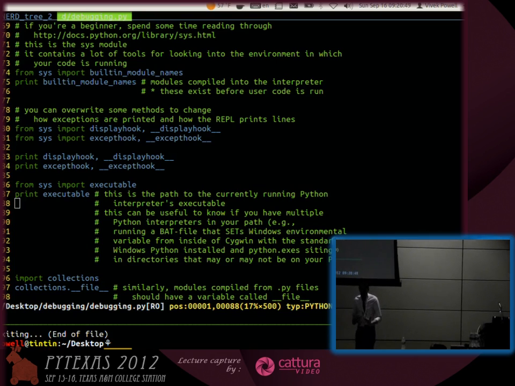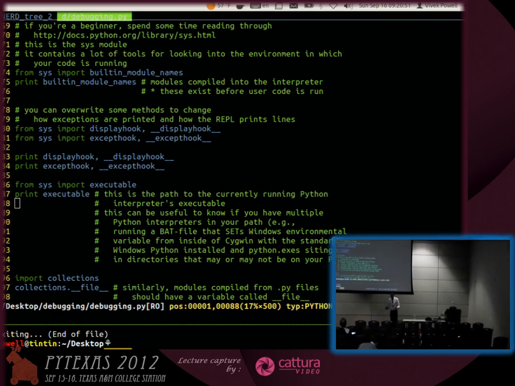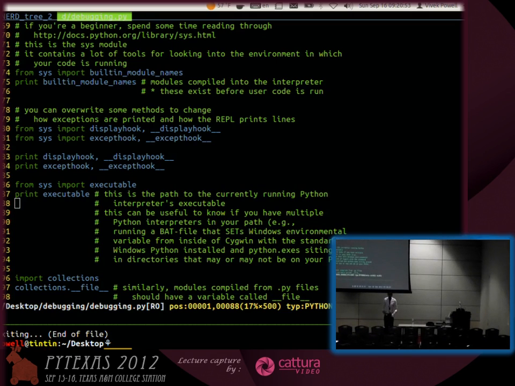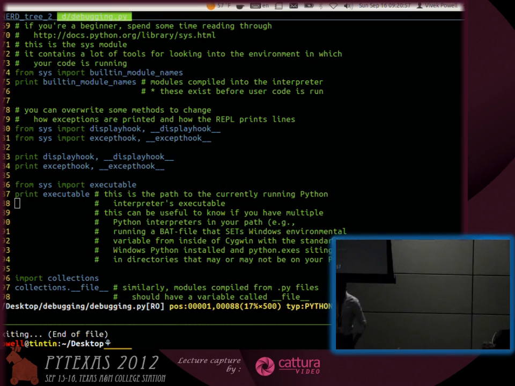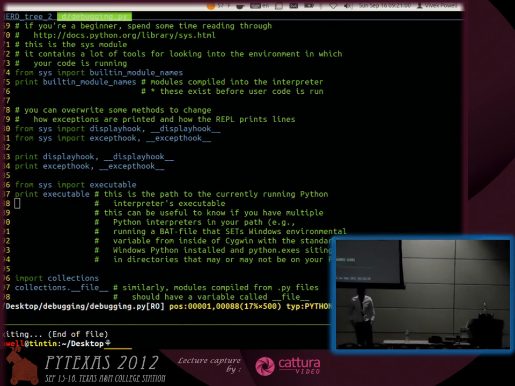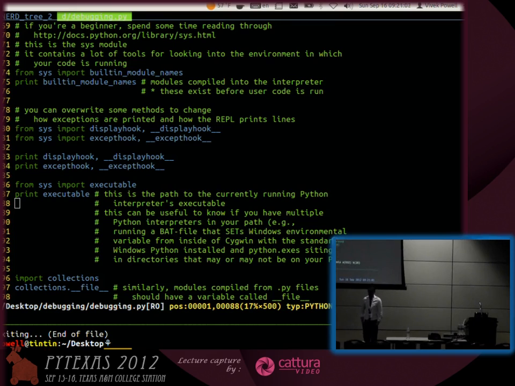Now, it may not be useful in the course of writing an actual large application, but if you're debugging that application, you might want to know what's going on. Similarly, I had somebody come to me and they were trying to use Jython. And for some reason, their imports were failing. And so the first thing I did was I typed sys.executable. And it turns out that in Eclipse, where they were writing and running their code, it was hitting the system Python instead of hitting